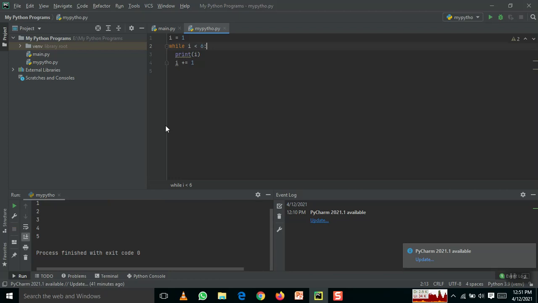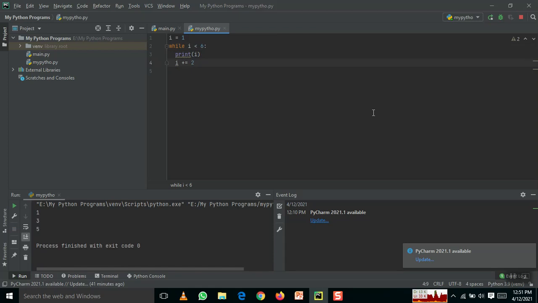So it will print 1, 2, 3, 4, 5. If we go with an increment of 2, it will print 1, 3, 5. So instead of starting with 1, when I go with 0, it will print even numbers. So the same for even numbers and odd numbers. If you want to include 6 also, it will print 0, 2, 4, 6. Simple Python programming for even numbers and odd numbers.